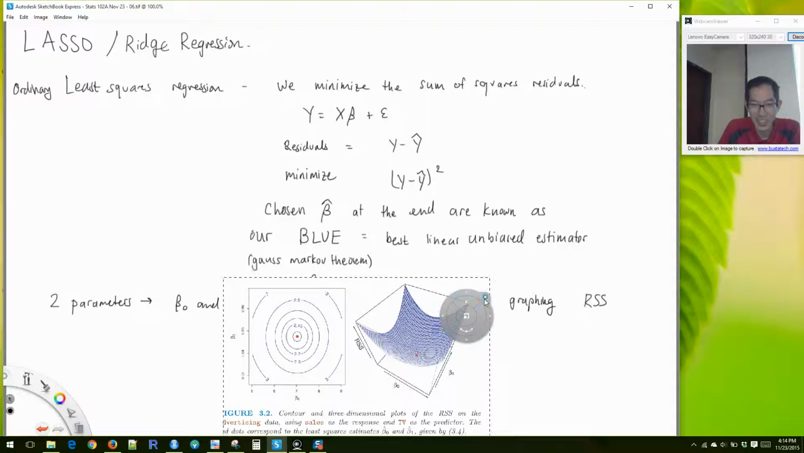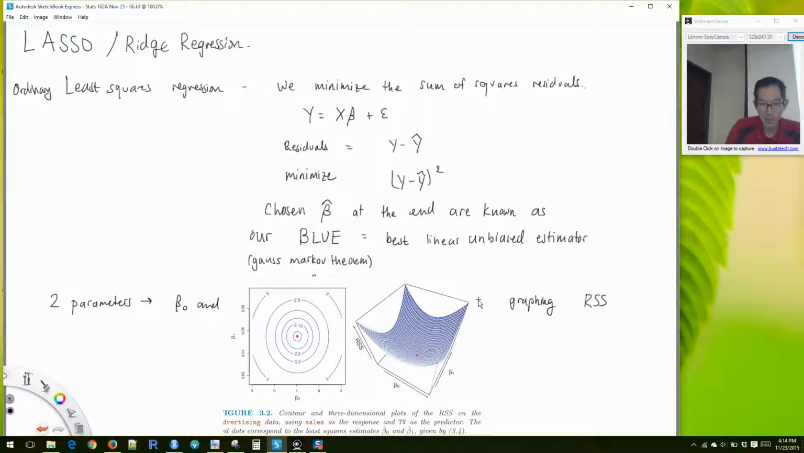Okay. All right. So this is basically what we've been doing, or how ordinary least squares regression works. So why do we want to bother even trying to change this thing that works well for us? Well, if you have more than one x variable,